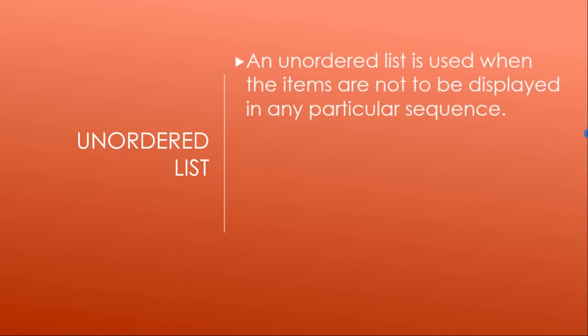What is an unordered list? An unordered list is a type of list which need not be displayed in a particular sequence. Suppose you are asked what your favorite food is, you need not say it in a specific order, right? But if I ask you to tell the steps to prepare a coffee, you should say them in the same order. If you change the sequence, you will definitely not get a coffee. So that is the difference between ordered list and unordered list. An unordered list need not be specified in a specific sequence. You can give it in any order.